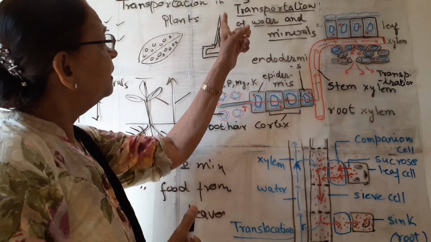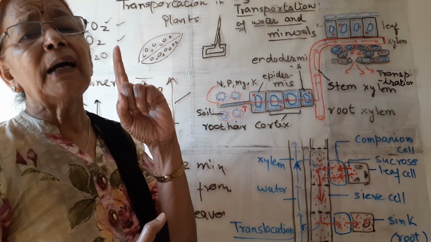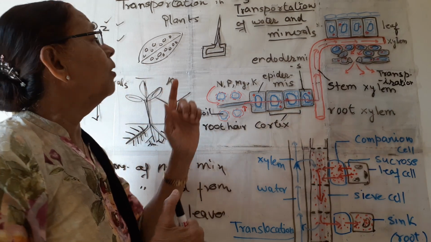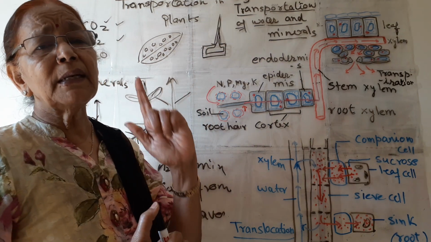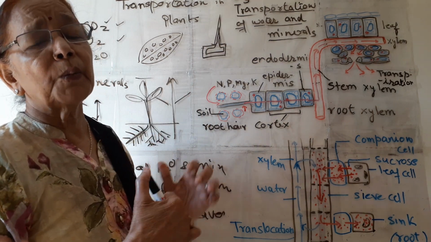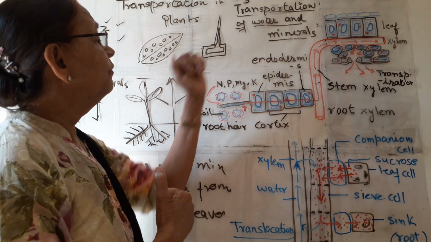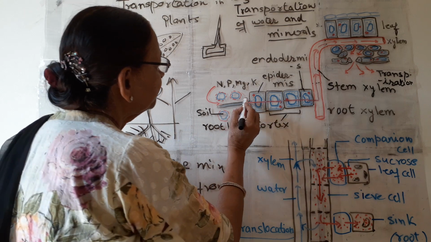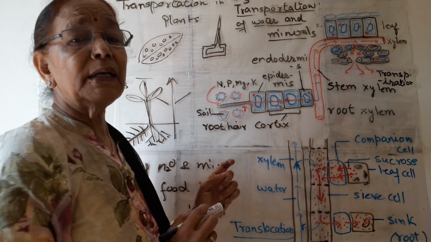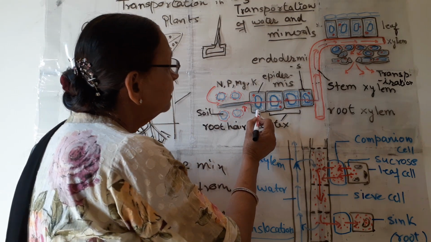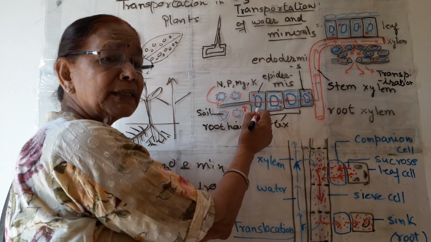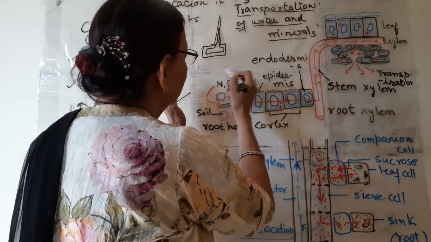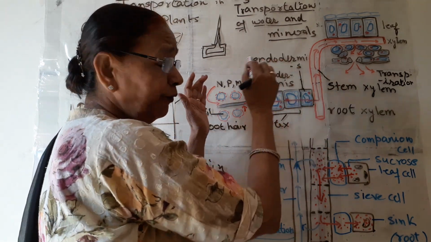The most important thing about the root hair is that they are very thin, having a very thin cell wall, and the plasma membrane is single celled, so that osmosis or diffusion can take place very easily. In this diagram, you can see this finger-like projection is the root hair. This is the epidermis, or epidermal cell of the root. This is the transverse section of the root.